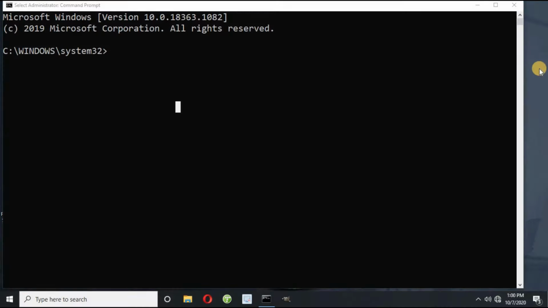When you open your command prompt in administrator mode, you are inside system32, and here you have to type chkdsk space /f and press enter.